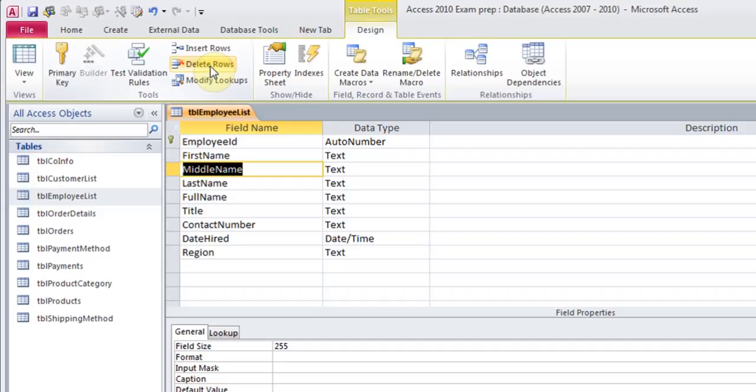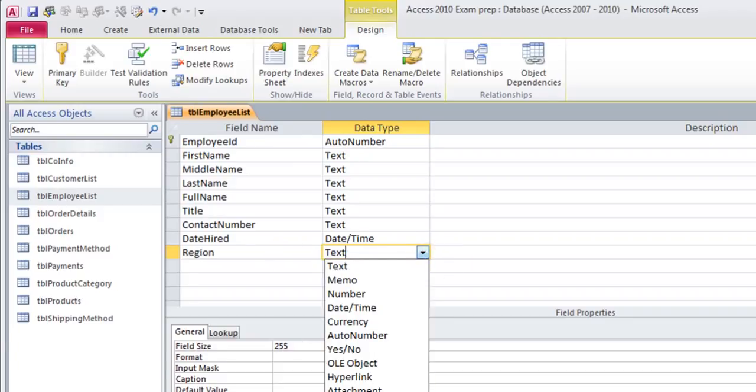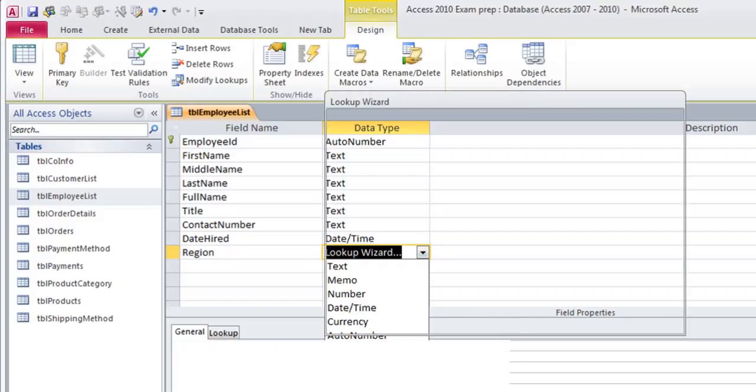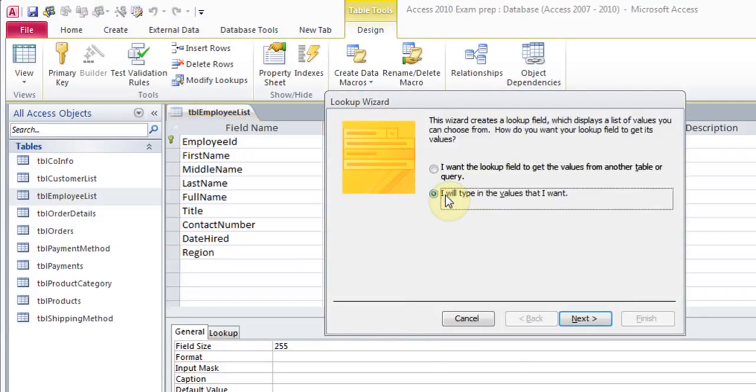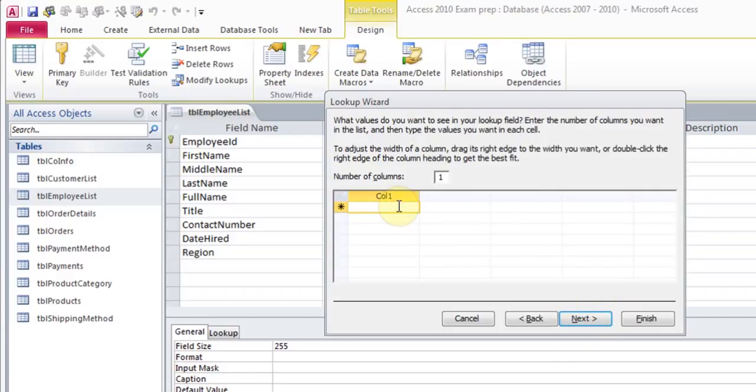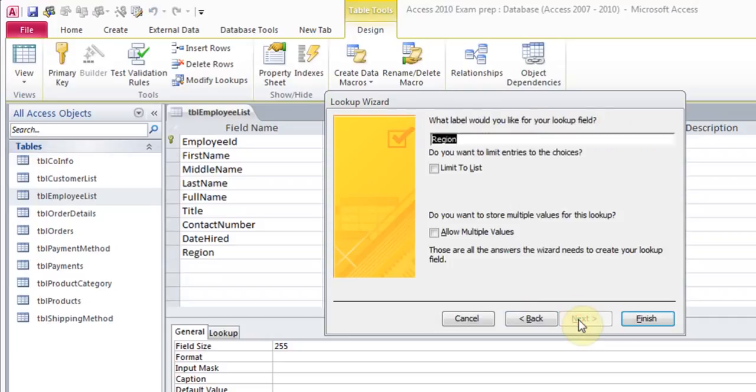You can also create what is known as a lookup. So say for example for the region, I wanted to create a drop down button like north, south, east, west. So I click in the drop down button here, and then I go to lookup wizard, and then I choose the option I will type the values that I want, and I'll click next. And then here I type my list. So I can type north, south, east, and then west, and then I can click next, and then I can